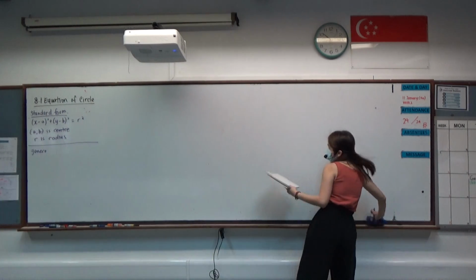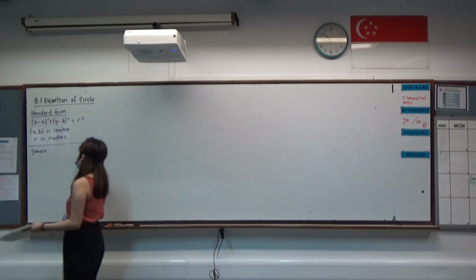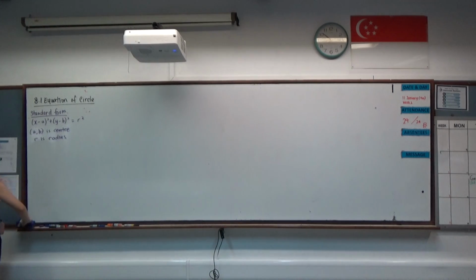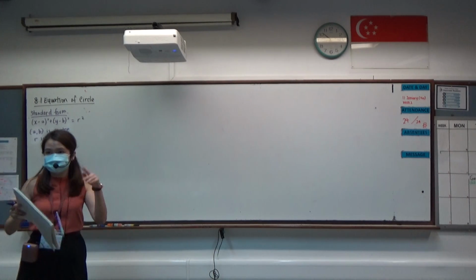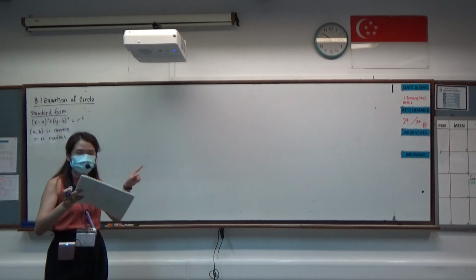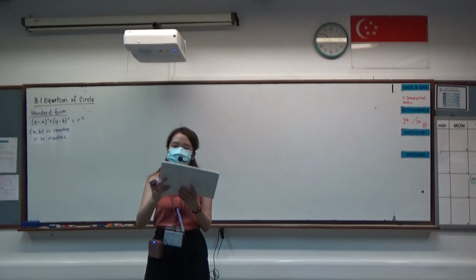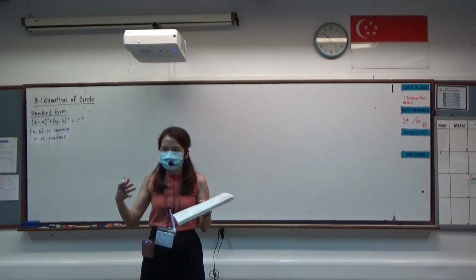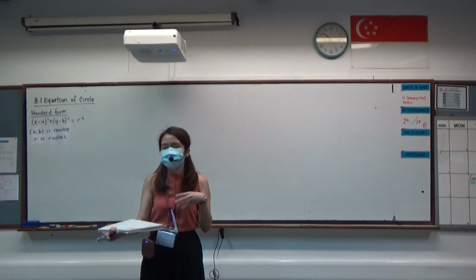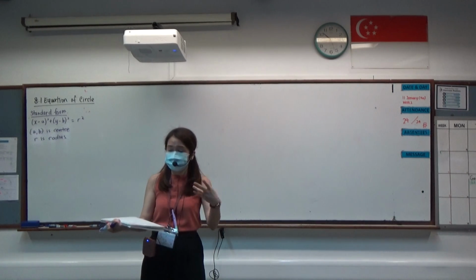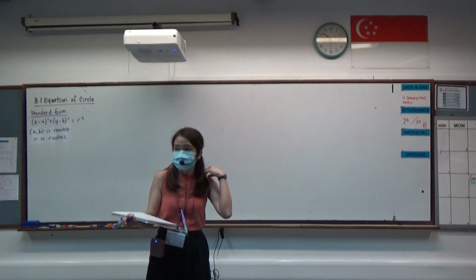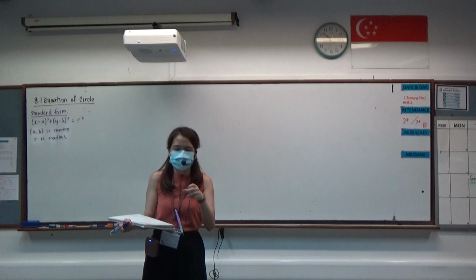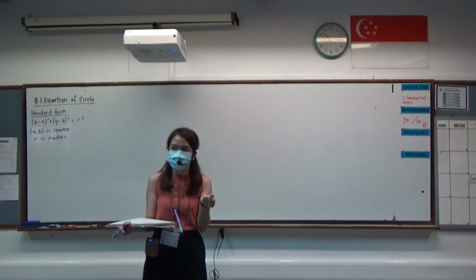Okay, so in the last lesson, I introduced to you the equation of a circle in the standard form. Regarding the general form, I suggested to you to actually expand and then compare coefficients, and that was where we stopped last lesson. I went back and started to think about it, and I realized that for the general form there's another way of doing it, which is by completing the square. Because I know that some of you are still a bit shaky with completing the square,